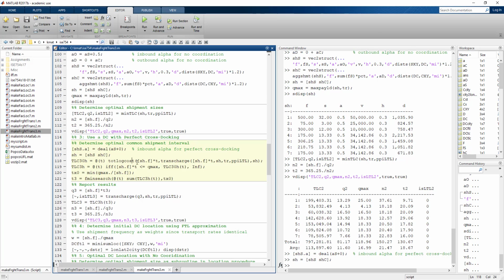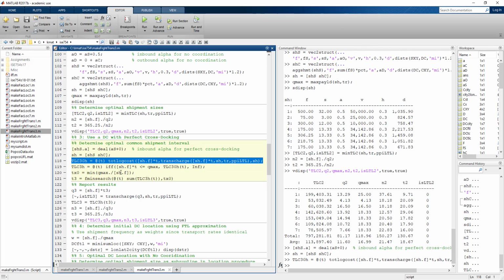So what I'm doing here is I'm taking total logistics cost, and the first argument should be a quantity. So I'm taking the time T, which is my variable argument, times the demands for each shipment. So that creates a Q value in this function handle. Likewise, for the trans charge, I'm doing a similar thing to get a Q value in terms of T, the shipment interval. Everything else stays the same